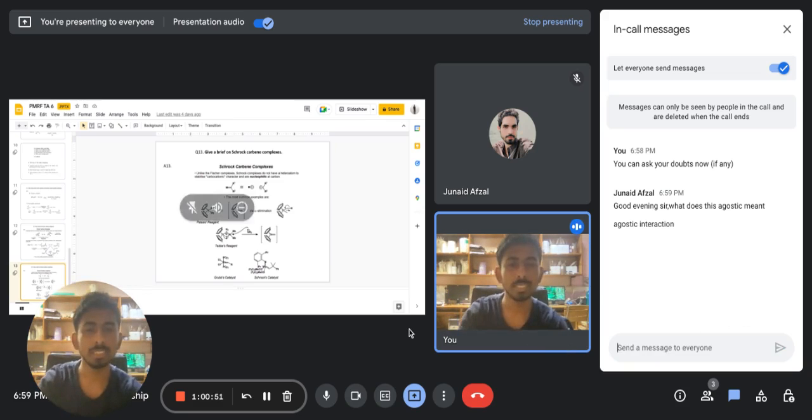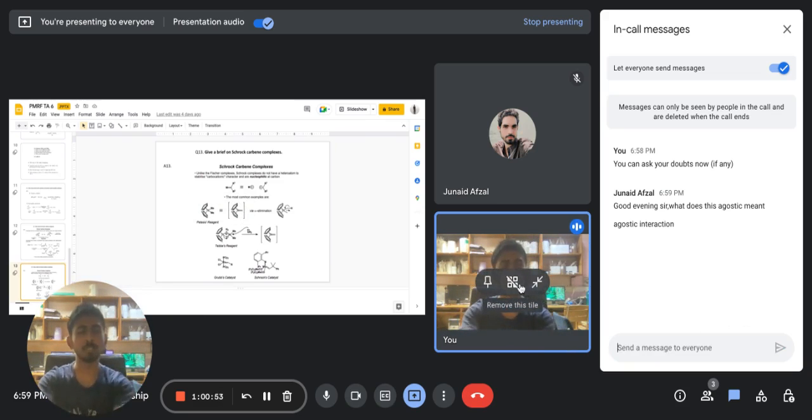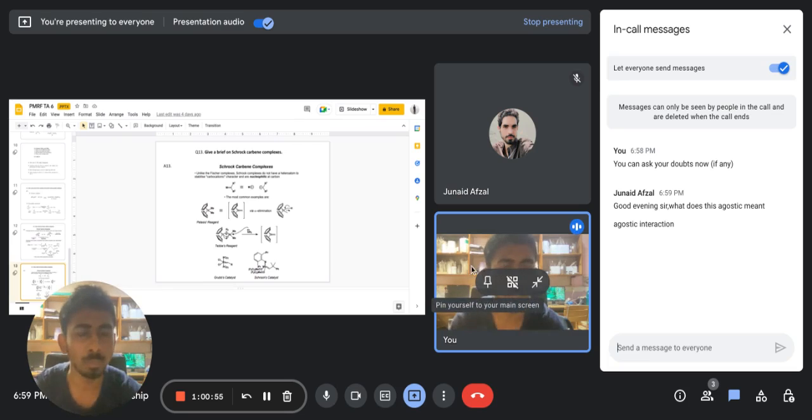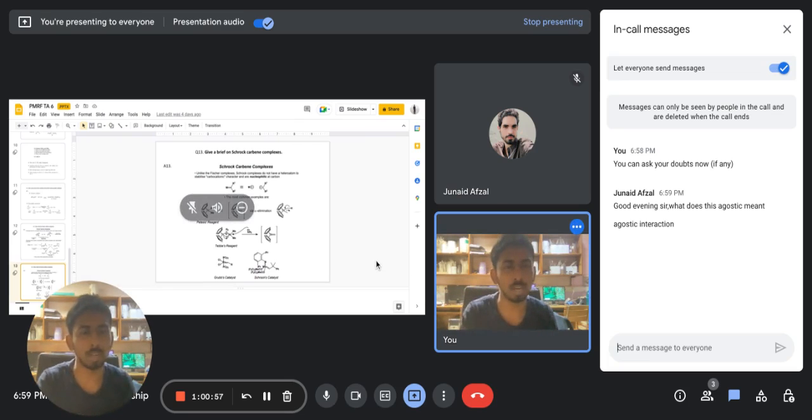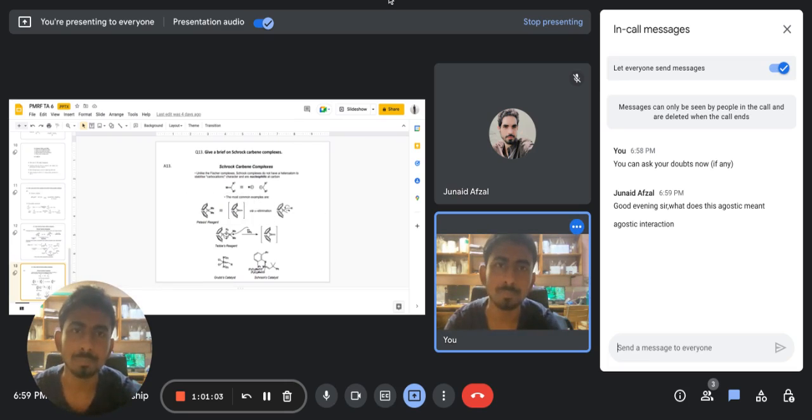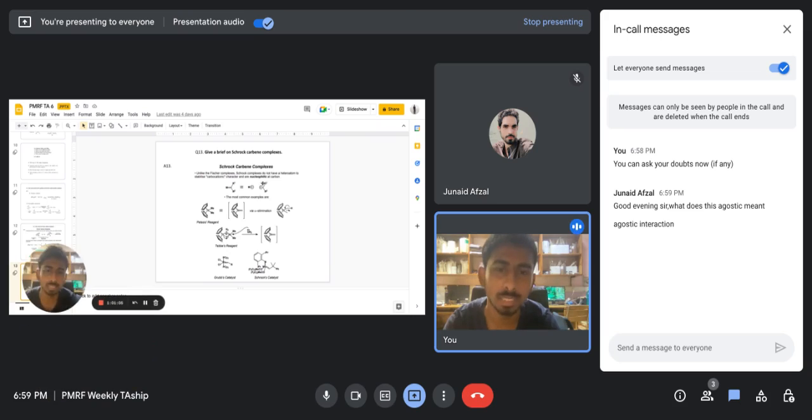This agostic interaction is nothing but the interaction between the transition metal that we are dealing with and the hydrogen of the carbon-hydrogen bond. By the aid of an example, you can see this titanium is bonded to the carbon center. If we have a suitably oriented hydrogen atom here, and this hydrogen atom is close in proximity with the metal center,